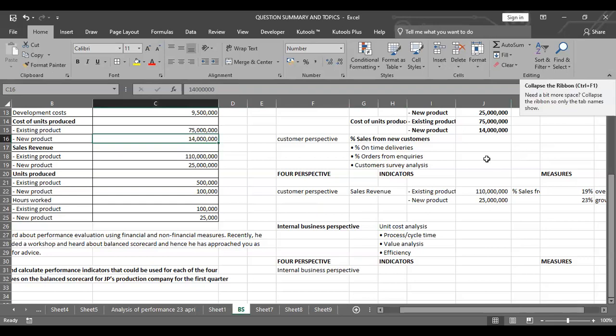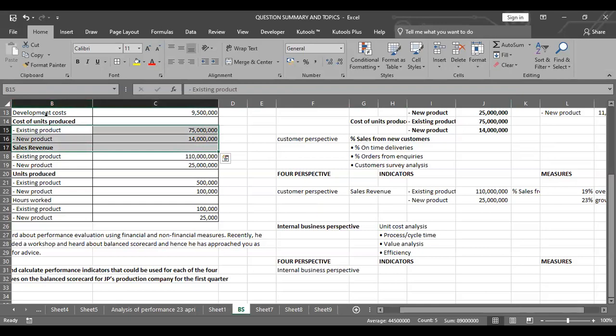It has several things we may do. We can do this because there is cost. I've seen it, so it's possible for these things. This one here is possible. And process cycle time, we have it already. There is time issue, which is hours worked and stuff like that. We could check productivity and check the efficiency, because this could also give us the efficiency from the information we have. And value analysis, maybe we could check and see if it's possible, but I can see it's possible to calculate around two of them or three, if we could easily connect to that.